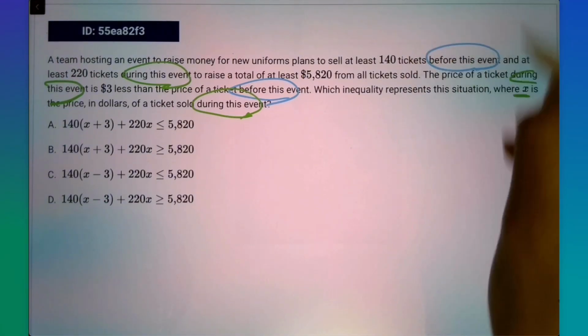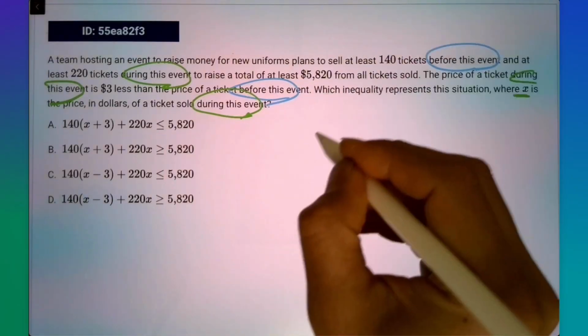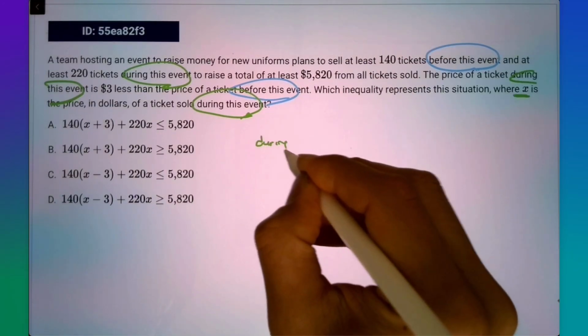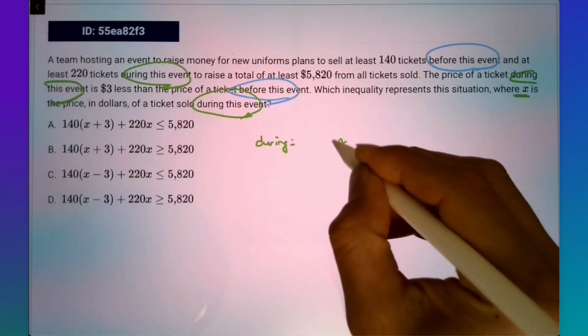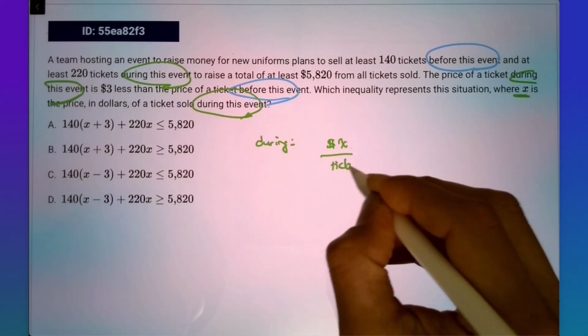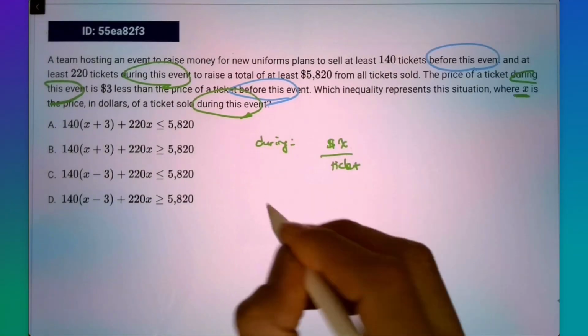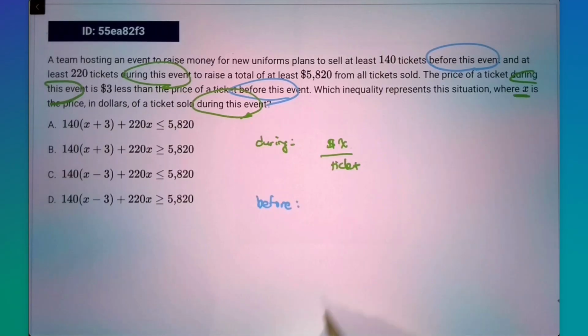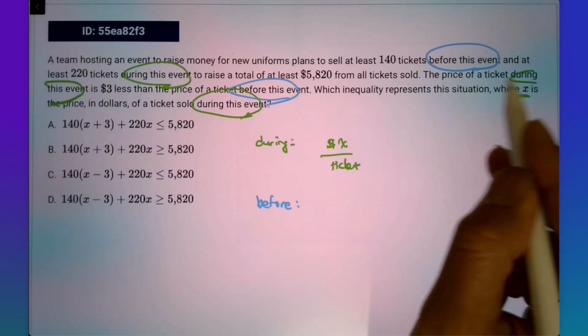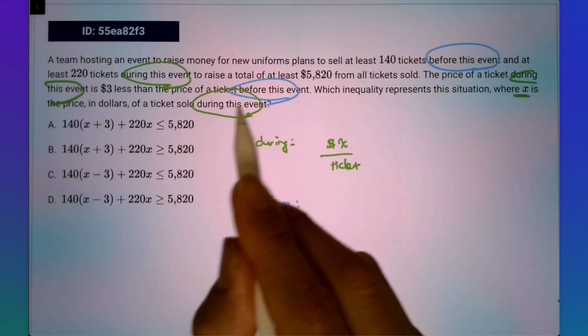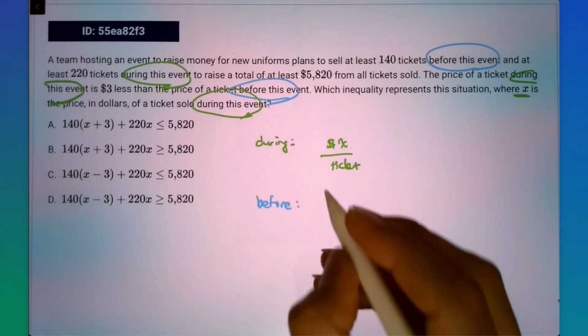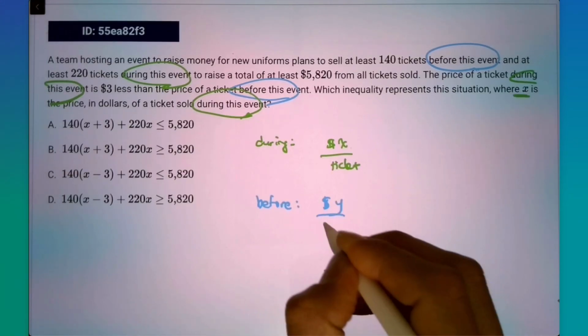So let's start with the last one. We'll say X dollars. So during the event, we got X dollars per ticket. And this will say a before. Before the event, we are not given any variable. So how does it tie up with the X? Well, it says the price of a ticket during this event is $3 less than the price. So if you say the before event as, let's just say, Y dollars per ticket,